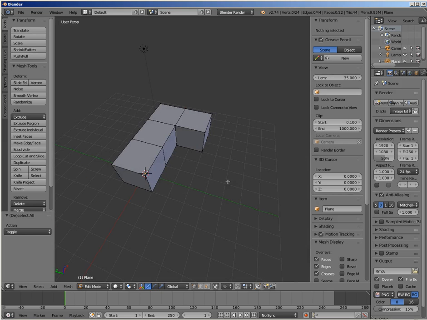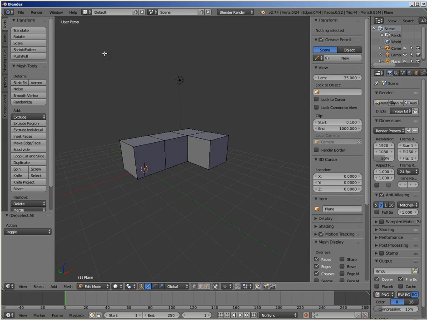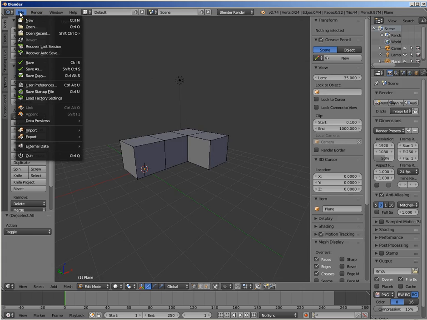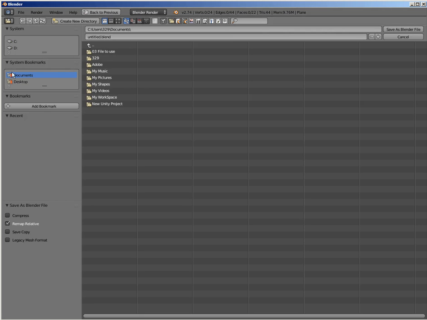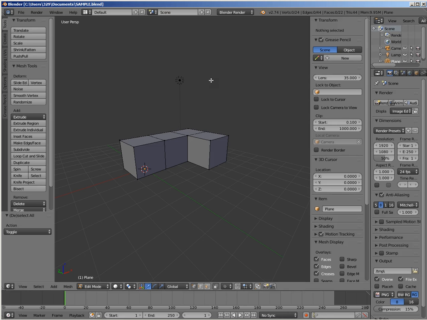To save, just go to File. If it's a blend file, go to File, and then Save As, for example Documents. Example, sample. Save as blend file. If you want an image file,